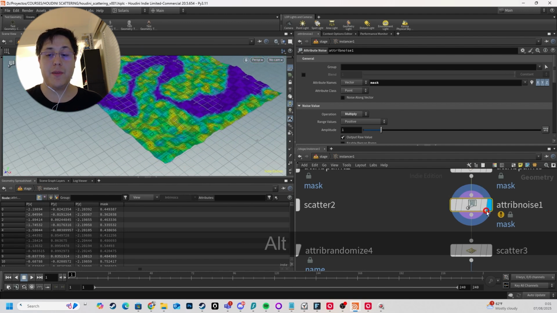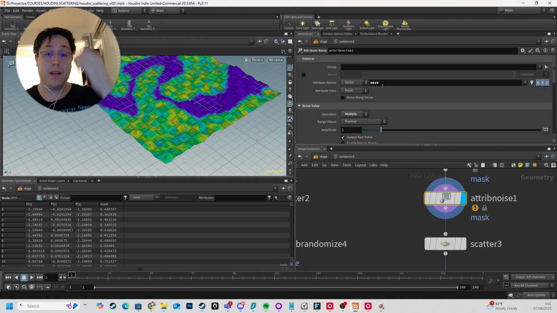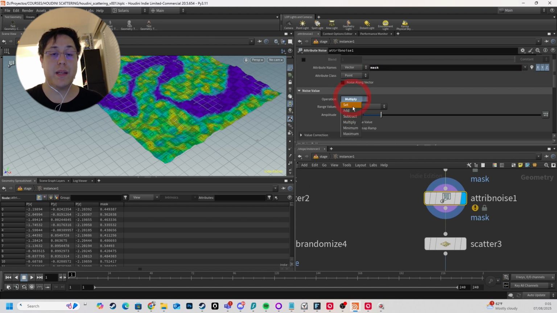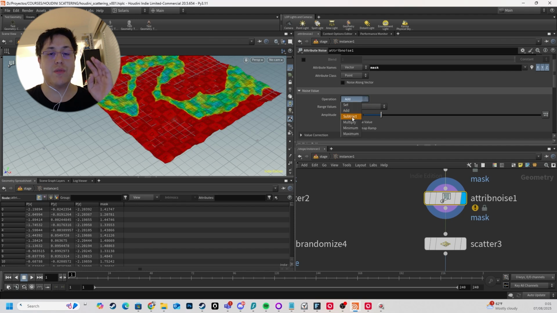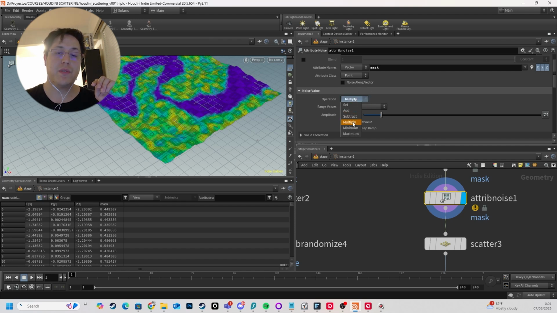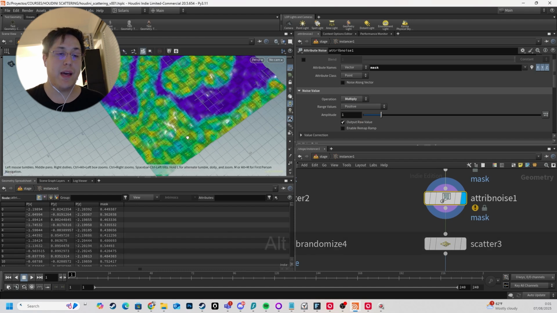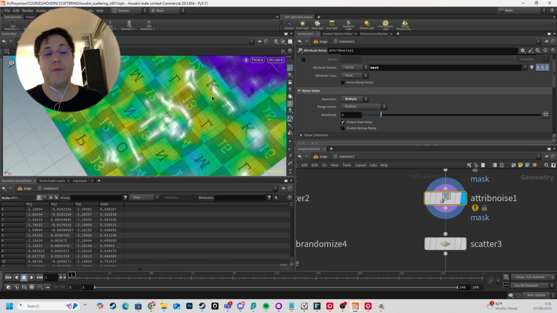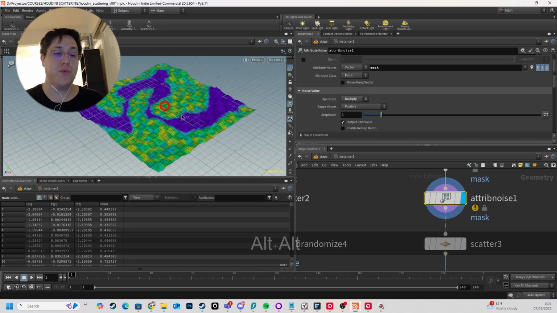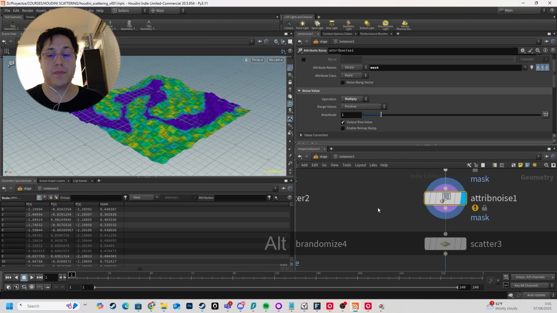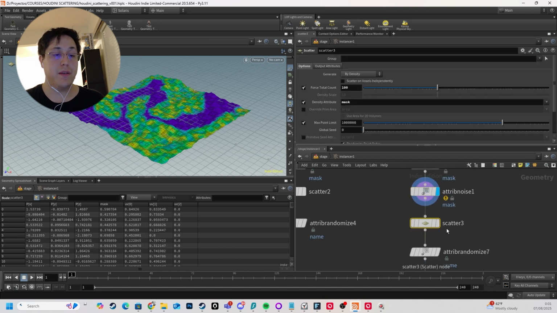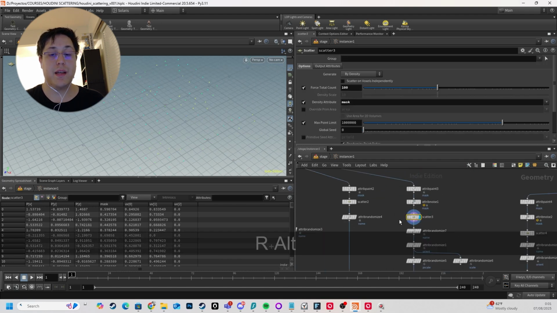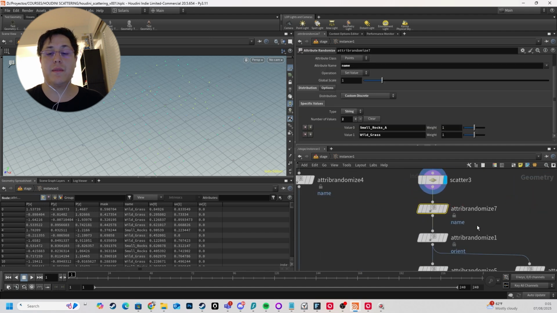I'm creating this attribute noise, which I'm setting to be mask, and I'm just multiplying it. You can do so many things with masks. Right now I'm just making it a multiply, so I have these really nice patches, some irregular noise on top of what I already drew. So I have this, and then I'm gonna do the same thing. I have my scatter on top of that, and then I added my name,